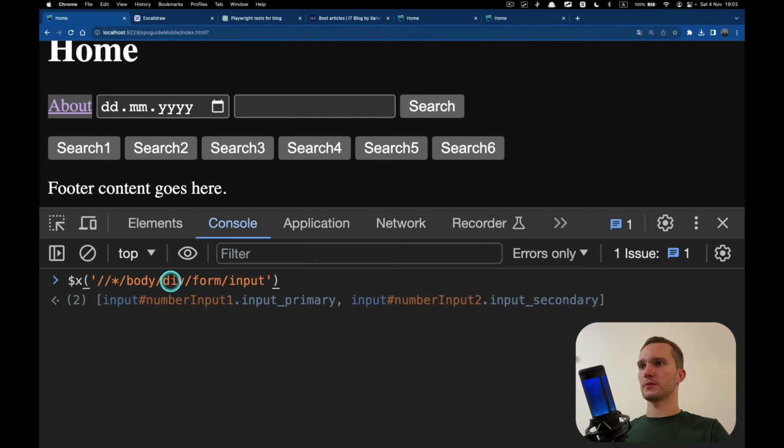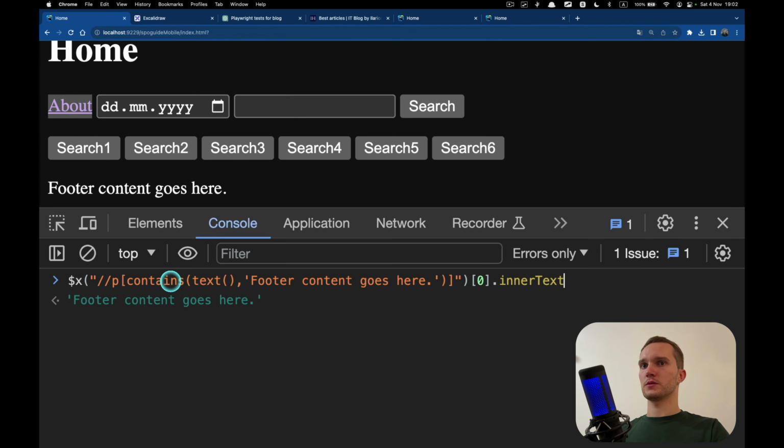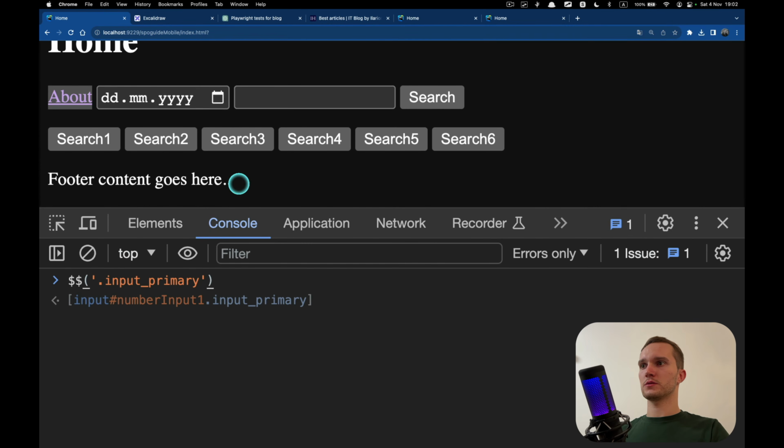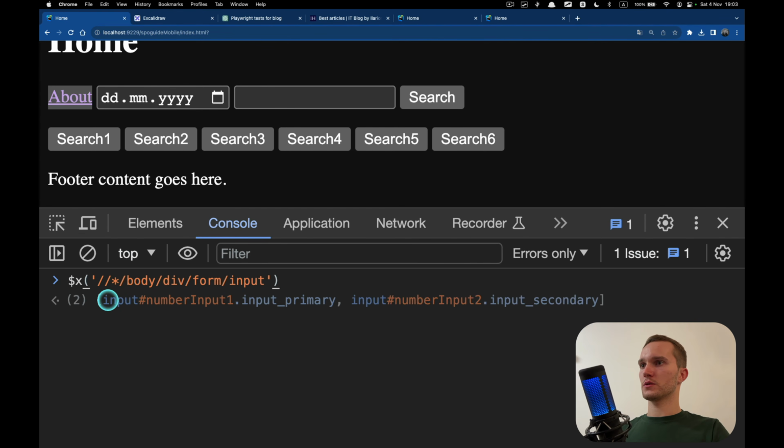Let's find some random element. What do we have here? Inner text, footer, input primary, okay, input primary.